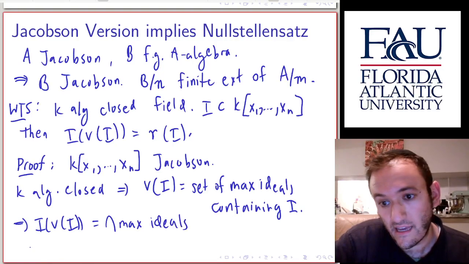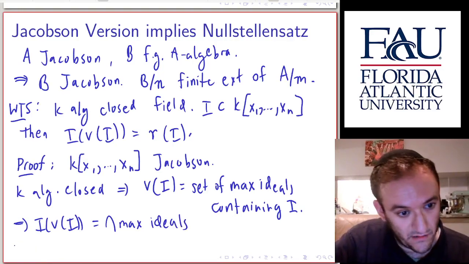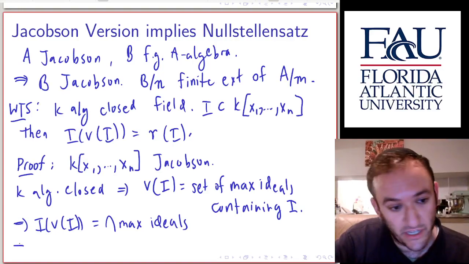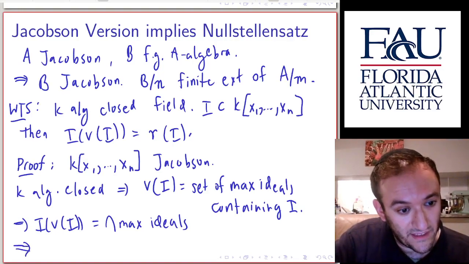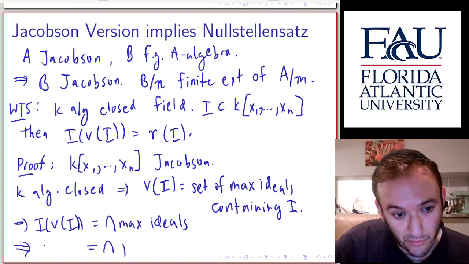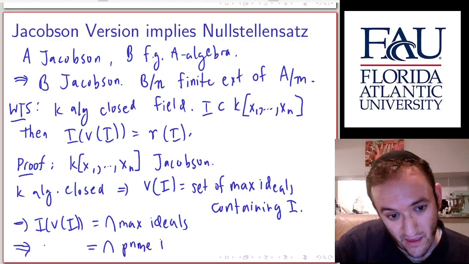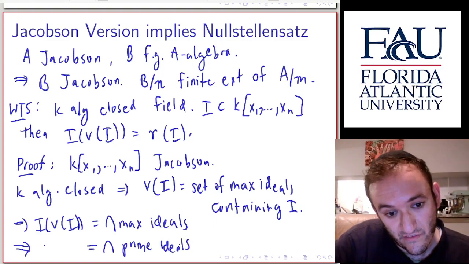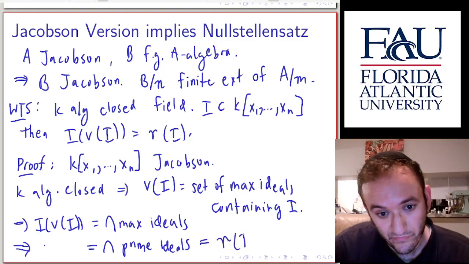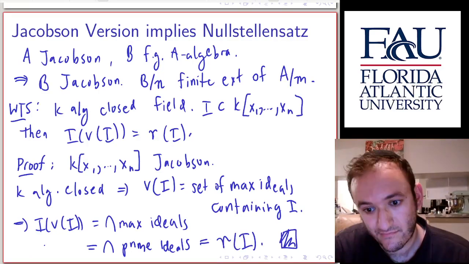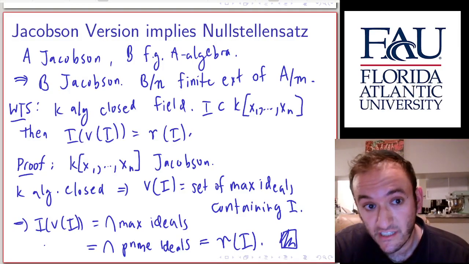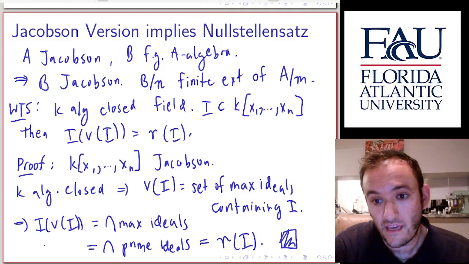But because this ring is Jacobson, the polynomial ring is Jacobson, we have that the intersection of maximal ideals is equal to the intersection of the prime ideals containing I, but the intersection of the prime ideals containing I is exactly equal to the radical of I. Okay? That shows that the Jacobson version of the Nullstellensatz implies the standard version,